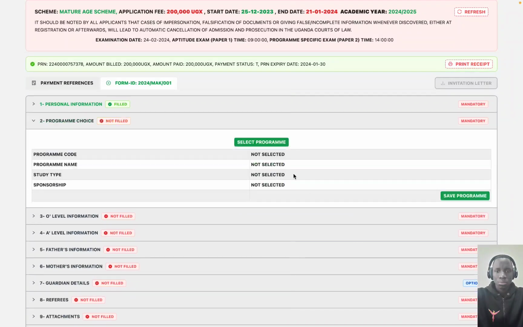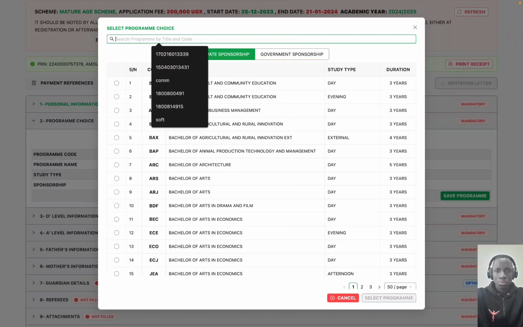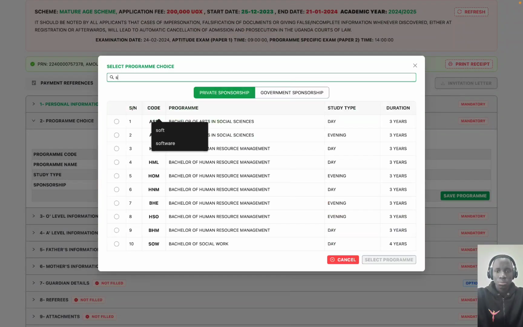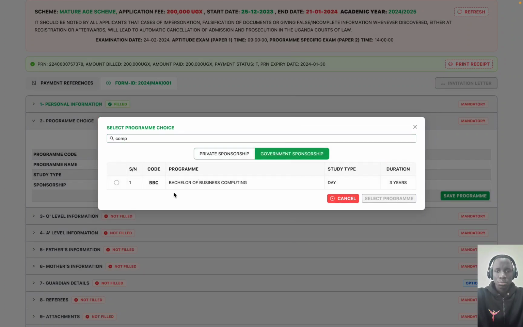So you can go to the next section, the program choice. Let's say I want something to do with computing, so I'd say business computing, but this is private. If you want government, you go there. So there's only one Bachelor of Business Computing, that is day program under government.